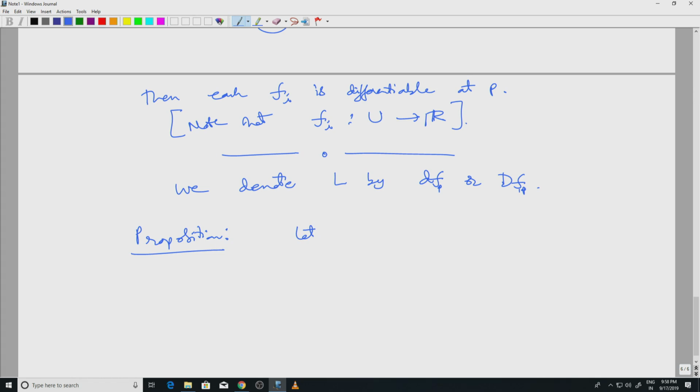Again, let f from U to Rm and P belong to U. If del f_i by del x_j, i varying between 1 and m, so f1, f2, up to fm, as before they are component functions of f, and j varying between 1 and n, if these partial derivatives exist,